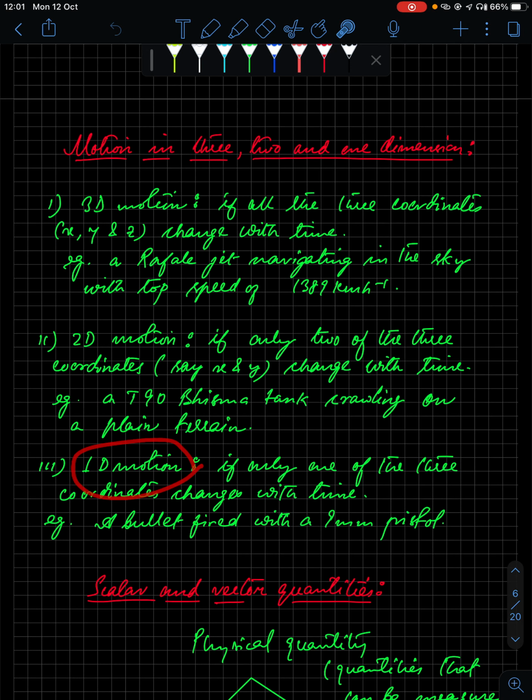So what can be examples of one dimension motion? You can have ample examples, like an ant walking along a straight wire. To locate the position of the ant, you will just require this distance. You don't need the y-axis, you don't need the z-axis, right? So you say that the ant is having a one dimension motion.